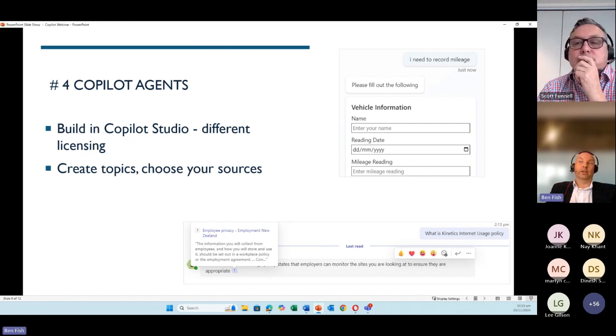Also, before I go into a bit about creating topics and the sources you choose, just coming back to Copilot Studio, you can actually do a trial license as well. You can't really do that with Microsoft 365 Copilot licensing, but with Copilot Studio you can do a trial license, so you can run up a proof of concept, as it were, something we could certainly help you with, and get an agent built, and then decide on its use, whether it has value to you